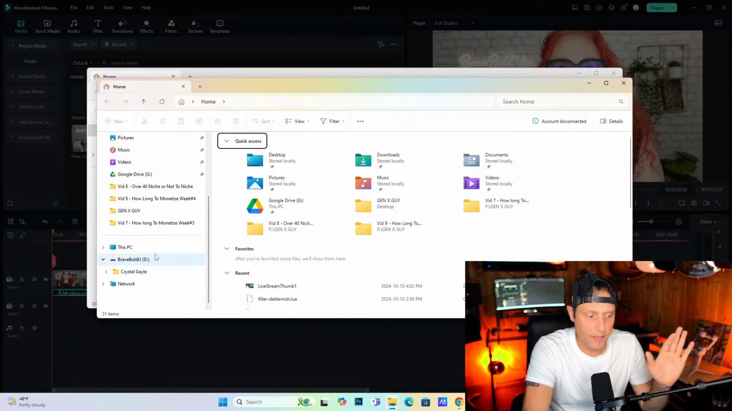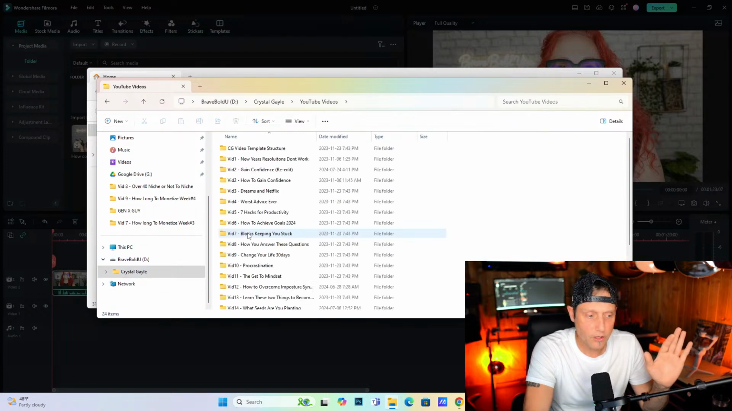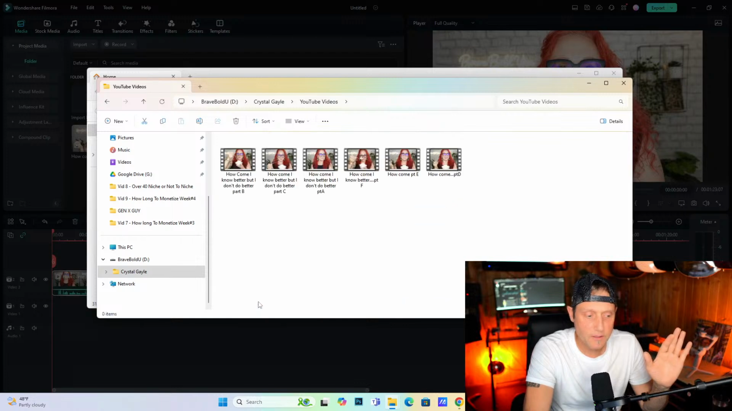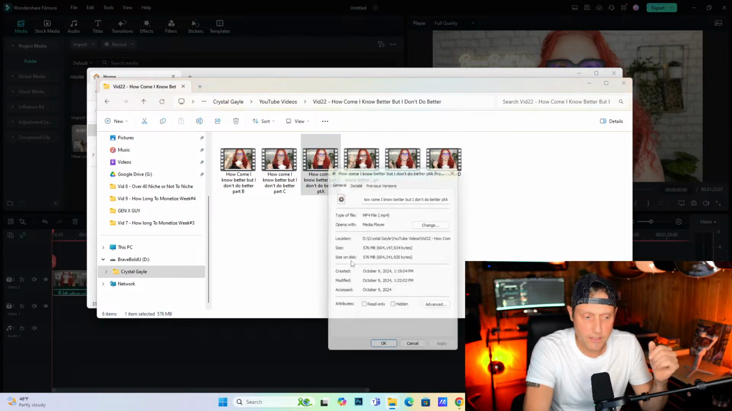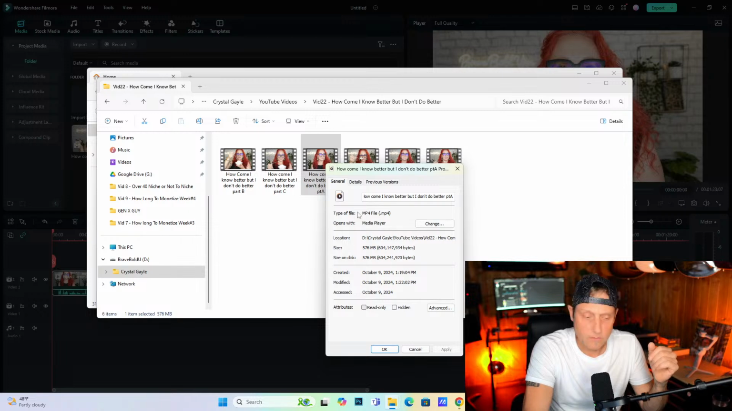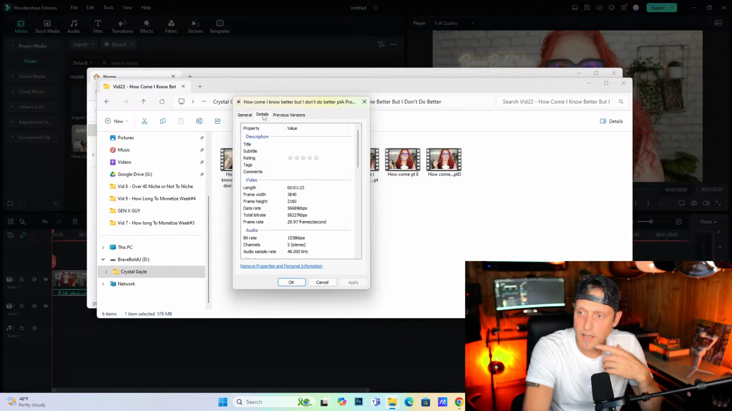So I'm going to go ahead and go to Crystal Gale right here, and go where the files are. Then I'm going to right click on one of the files, Properties. Now, not sure if you can see that, it's maybe a little small, but if you go to Details, it's the tabs at the top here, it'll tell you the frame width, the frame height, the data rate, the total bit rate, the frame rate. Here's the frame rate,